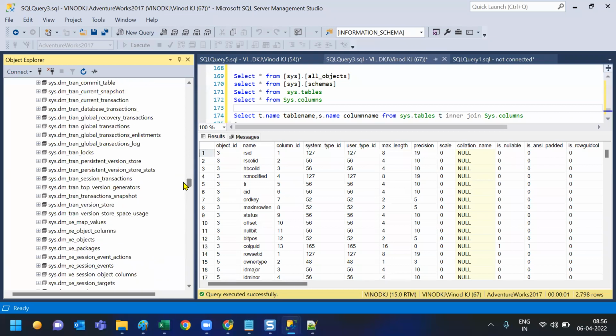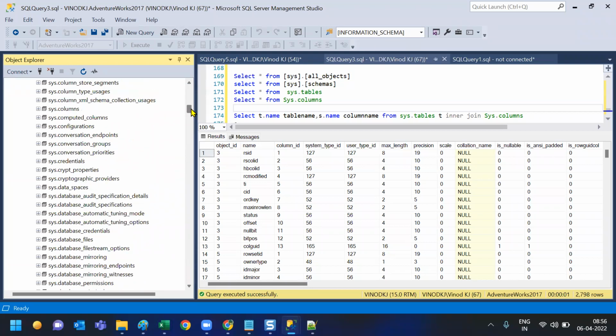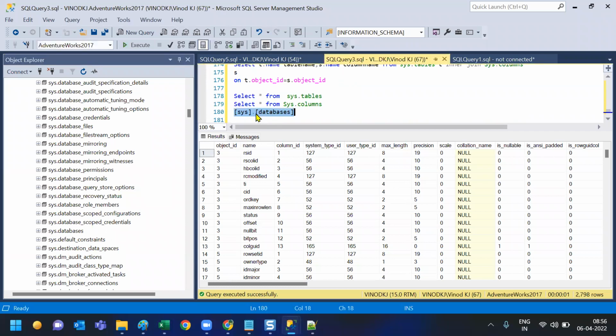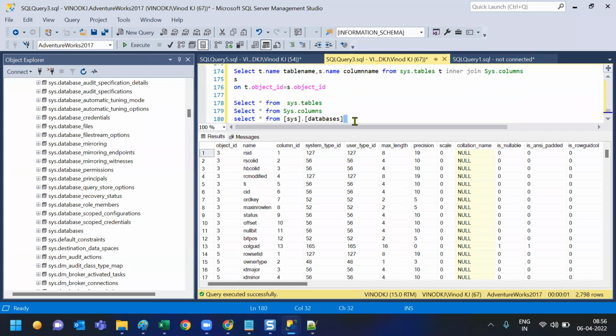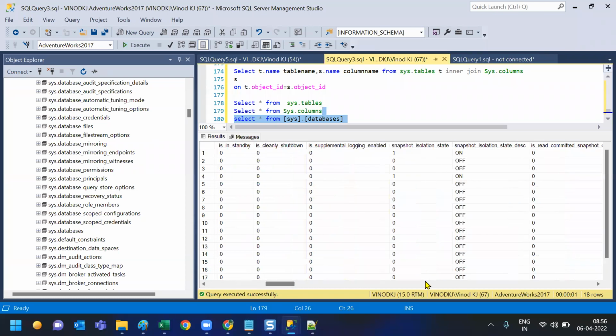There are many, but we required only few. I'll just name it. Sister database something. How many databases are there? Okay. And there will be some ID for that, I think, for each database. Okay, database ID, and what are the databases we do have, and when it has been created, yeah, whether it